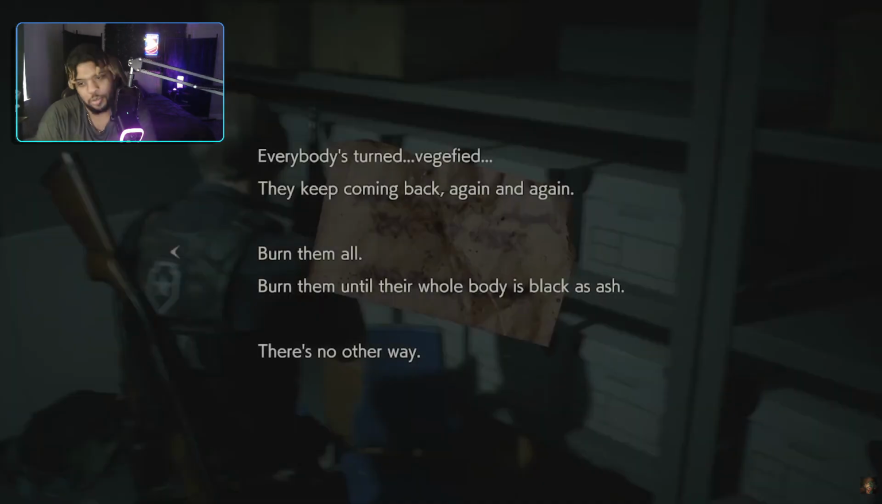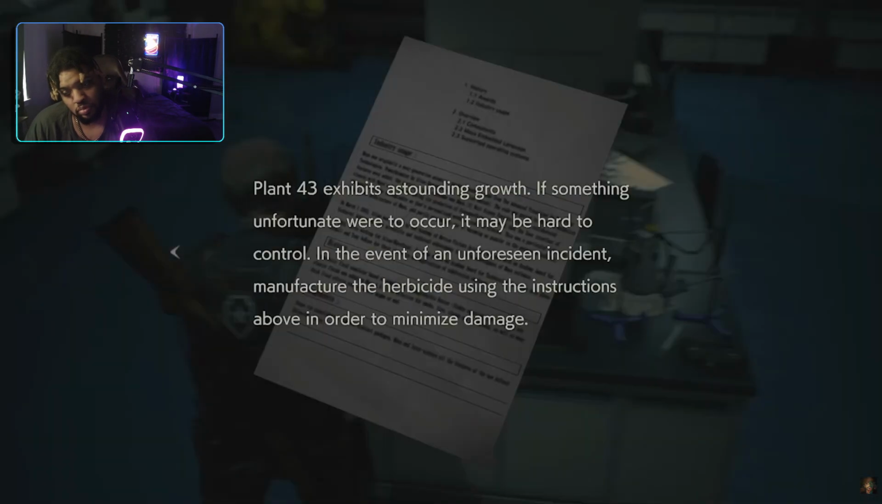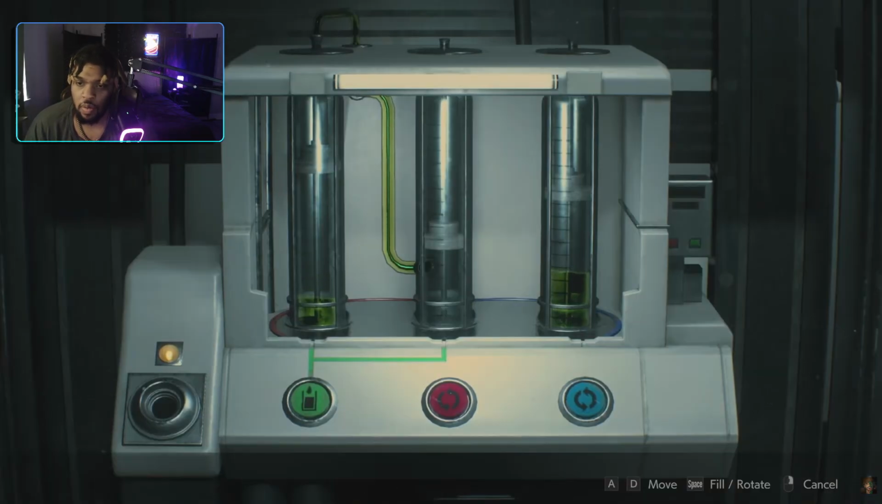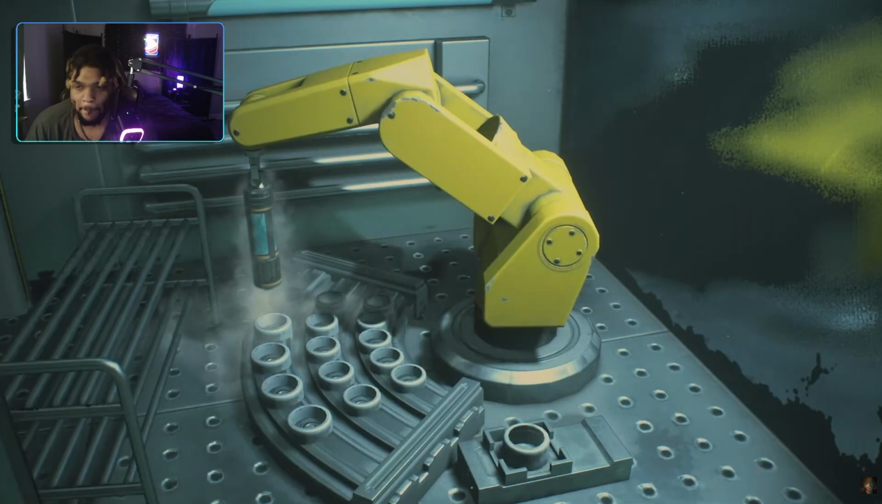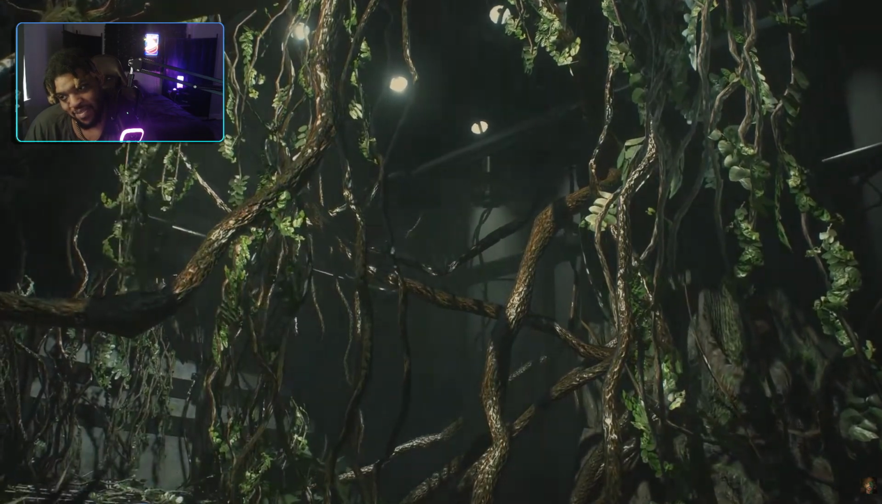Need that J-Volt. Leon finds a note stating that the only real way to kill the ivy zombies is to burn them until they are black as ash. Learning that Plant 43 can be killed, Leon needs to obtain a compound and then freeze it in order to kill it via dispersal. He finds the dispersal agent, freezes it, and disperses it, killing Plant 43, which releases the